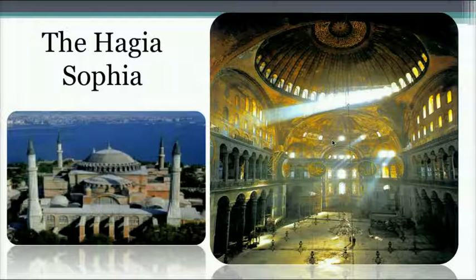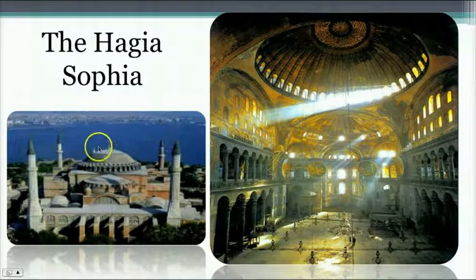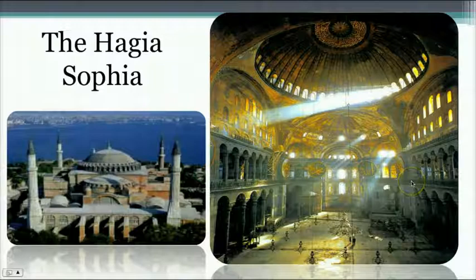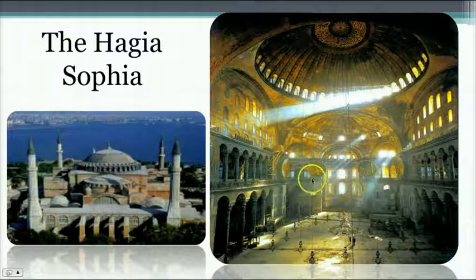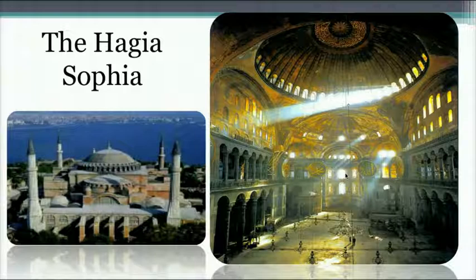Here's the Hagia Sophia. You can see it's a very beautiful church. These spires here on each corner would have been built later. Those are a little bit more Muslim in nature. As you can see inside, absolutely a beautiful church. Remarkable dome that would have been very difficult to build in its time. And you can see on the walls, you've got definitely some Islamic symbols there, proving that it has been turned into a different type of church. But regardless, it was built for Christianity under Emperor Justinian.